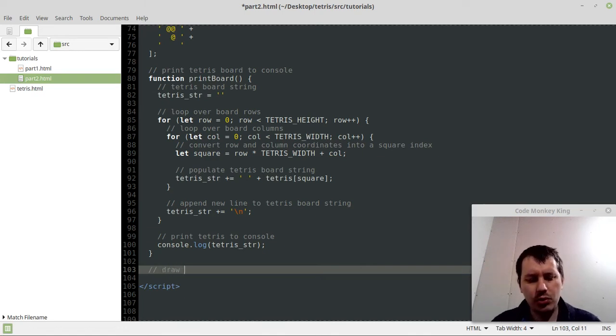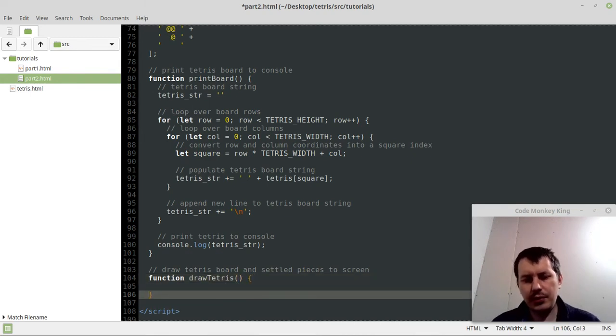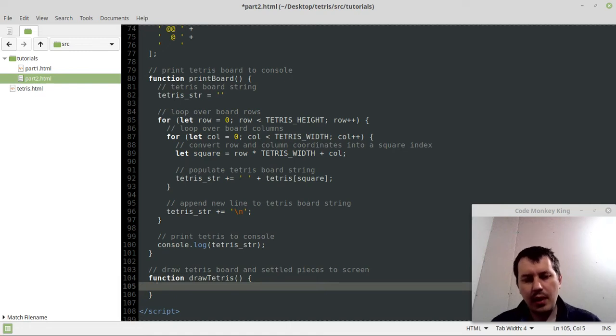So now I want to draw a Tetris board and settled pieces to screen, to browser basically. So let's create a function called drawTetris, and then we'll have the function drawTetromino, because these are separated again. So this is important. All right, and the overall structure is going to be very similar to what we have here in our print board, but